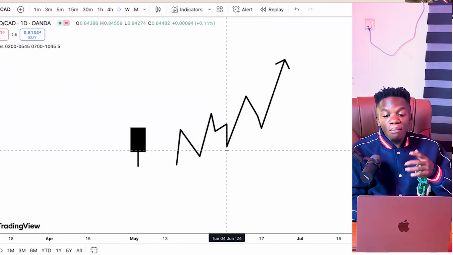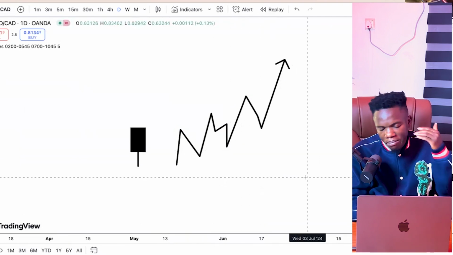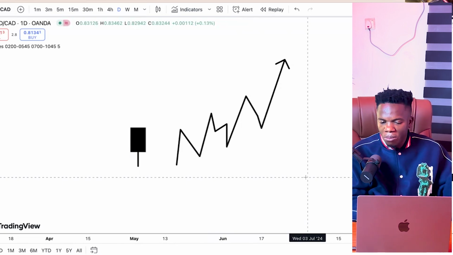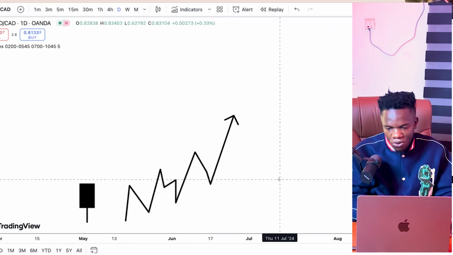So these are the things that most people don't know. Once they hear account flipping, the next thing that comes to their mind is, okay, let's start this trade, let's see how much we can make that day. That's why most people end up blowing up their trading account, and then they think it's just the market, not knowing that they don't know how to do this thing the right way.